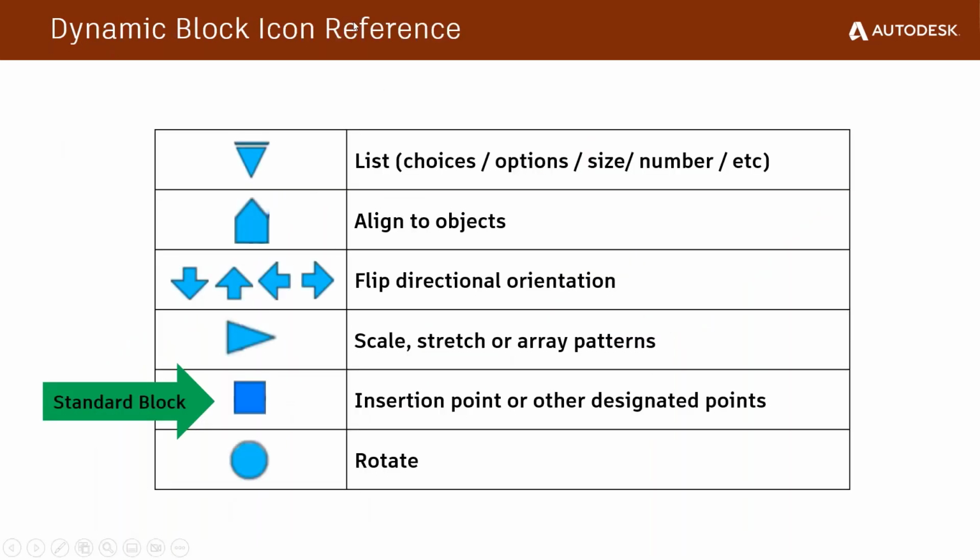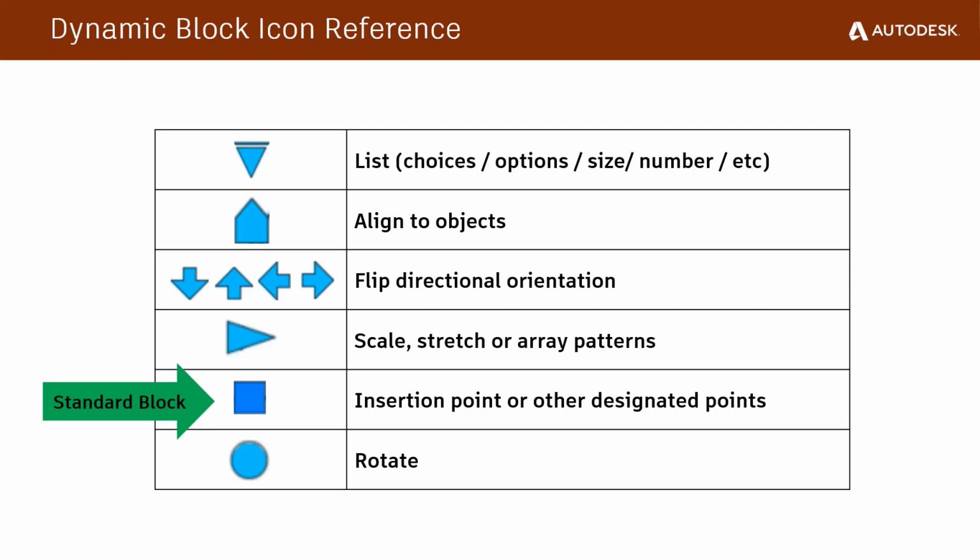With dynamic blocks, there are some different icons that come into play. So the standard block incorporates a blue square. It's a grip, just like an object grip on other pieces of geometry. This typically represents an insertion point for that static block. Dynamic blocks are the same way. They're going to have that standard grip square that represents the insertion point, but it can also represent other designated